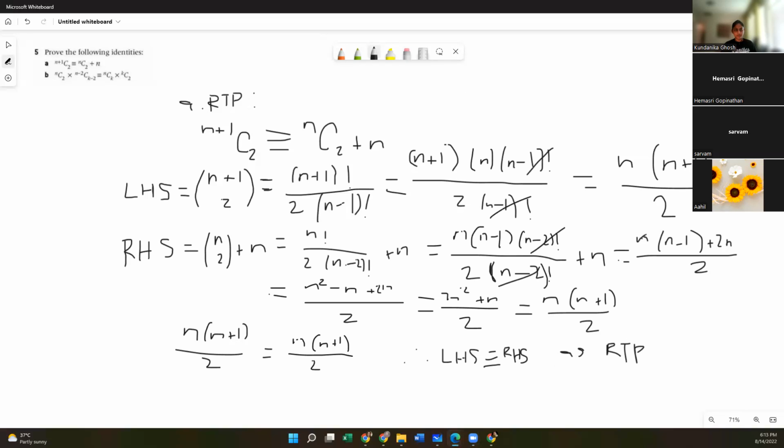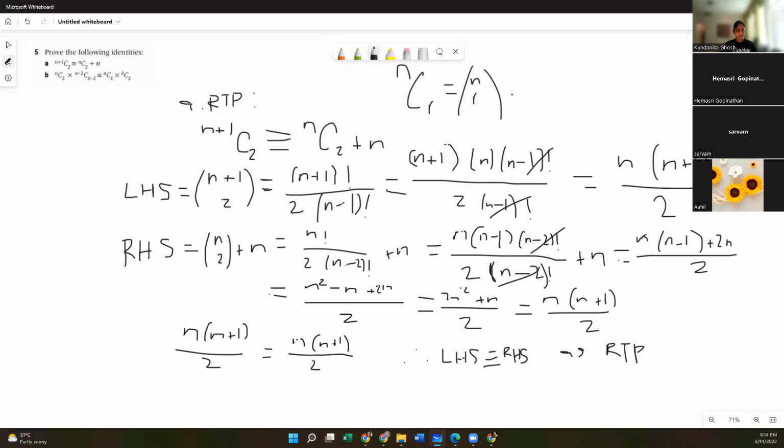I don't understand how we got the factorials for both the left-hand and right-hand side. Do you mean the factorials where we go here, n plus 1 times n minus 1 factorial? Yeah, how we're establishing the factorials. Okay, so what actually happens is n choose r. For every single thing, your n is always going to be whatever number is on the top, and your r is going to be whatever number is on the bottom. Do we understand that much at least?